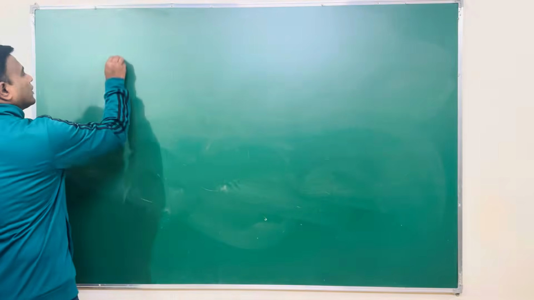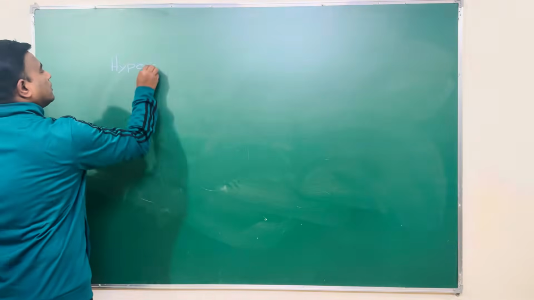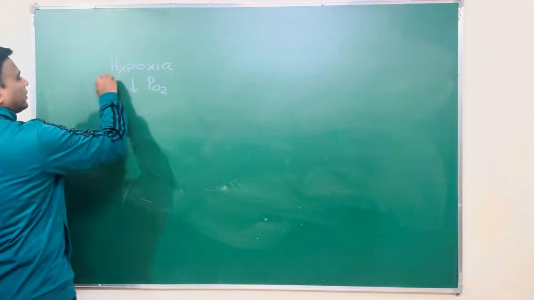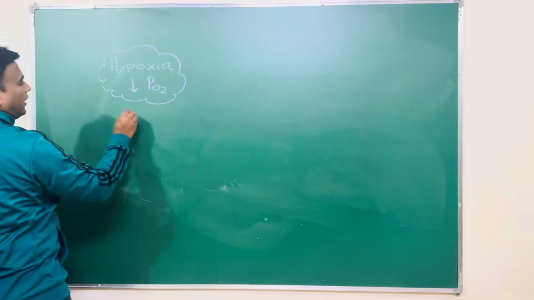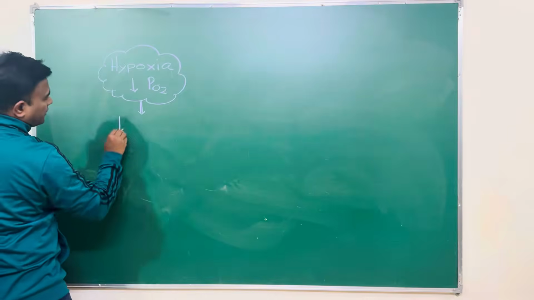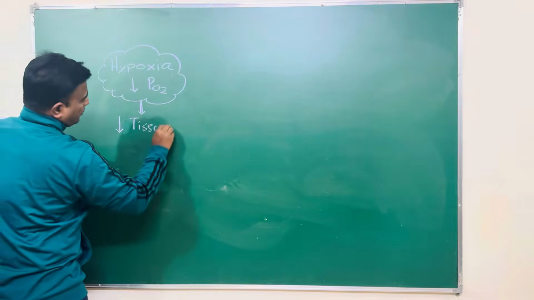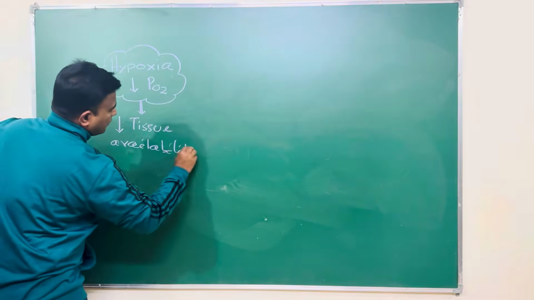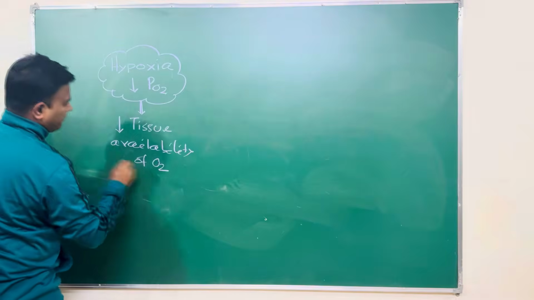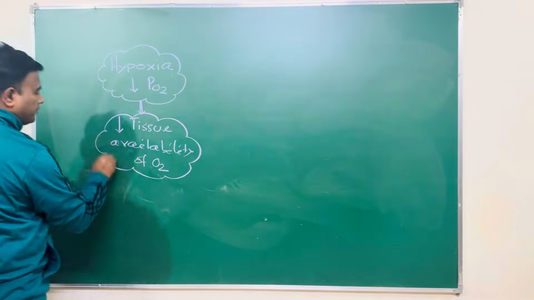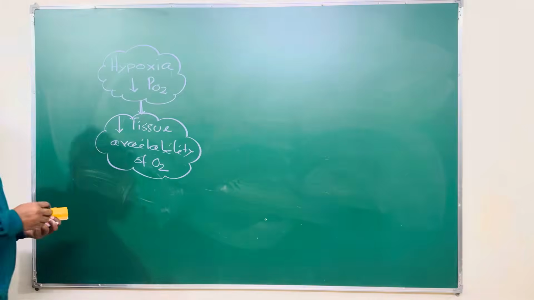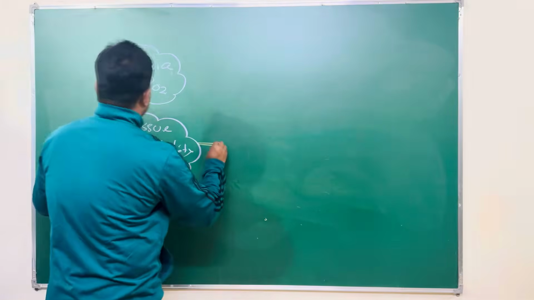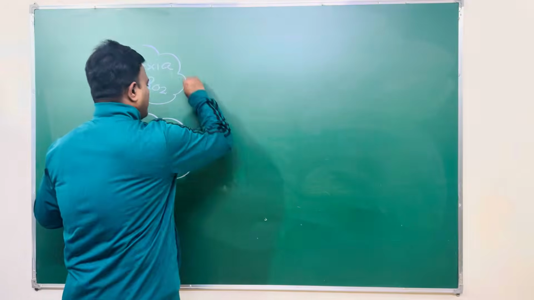Hypoxia: this is less partial pressure of oxygen and decreasing tissue availability of oxygen. Now the concept begins. Due to this reduction in tissue availability of oxygen, or you can say hypoxia,